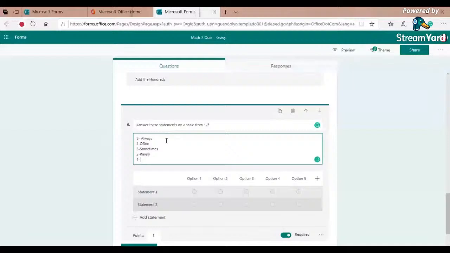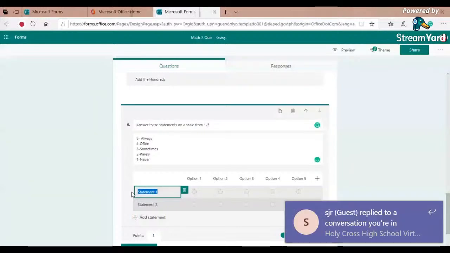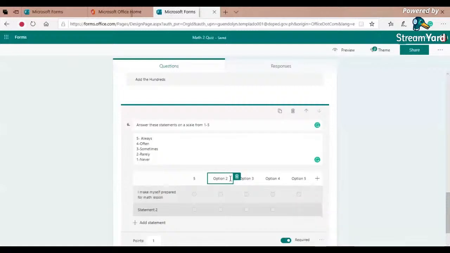Okay. Now, for that statement, this is an example I made myself: I made myself prepared for math lesson. Then they will rate, like, this one is 5, this is 4, this is 3, yes, this is 2, but this is 1. But you can add more options if you want, okay?